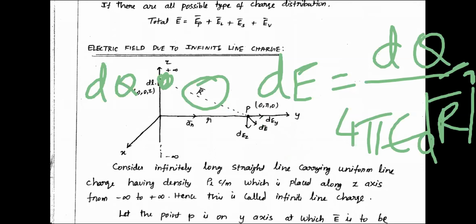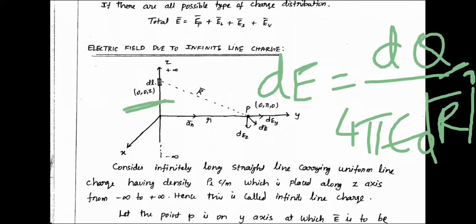Now, what is this direction? To know this direction, what should you know? You should know the point. Clearly you are on the z-axis. Once you are on the z-axis, definitely the other values are 0. X is 0, y is 0, then you are on some z value. Let it be z equal to 10 or 20, like that, some z. Then here you are on the y-axis. Whenever you are on the y-axis, they clearly mention what your distance is. That distance is r. It can be y also, but here it is a fixed distance, that is r.